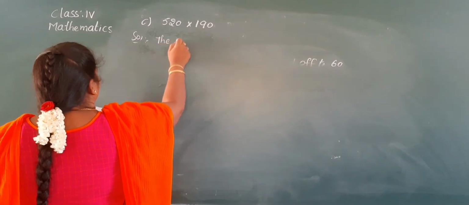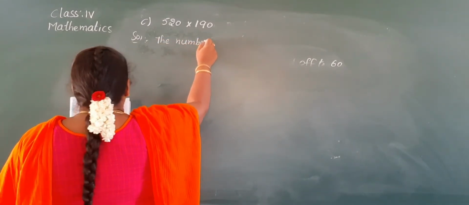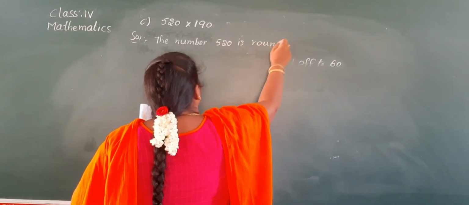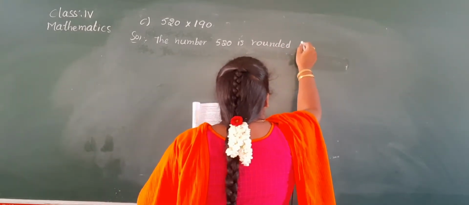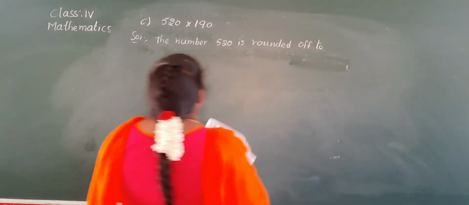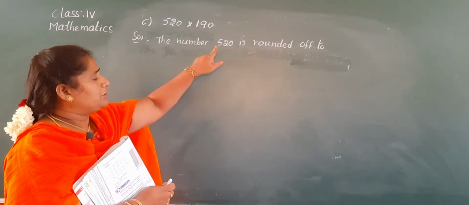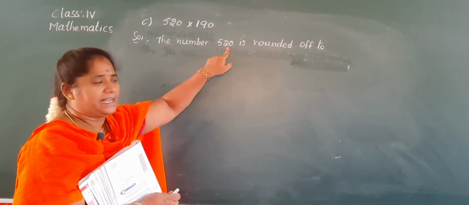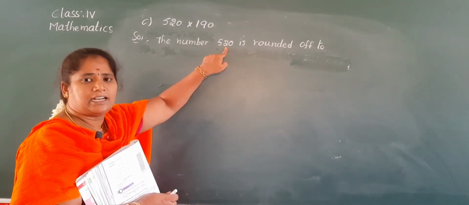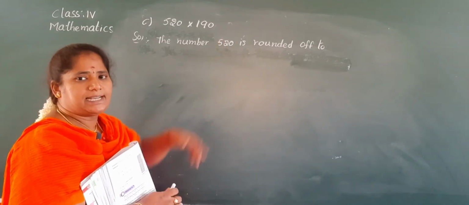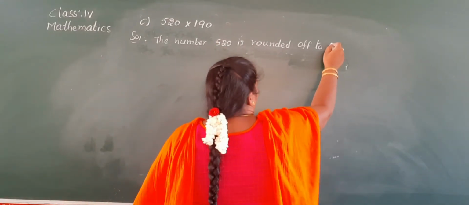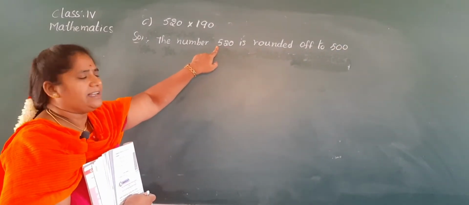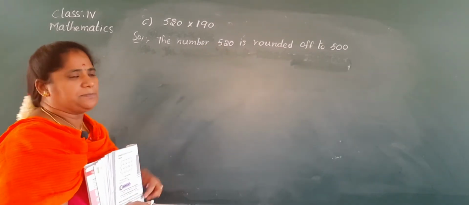So the number 520 is rounded off to... Tell me, Nana, it's a 3-digit number. So you have to round off this number to the nearest 100, so that you see the digit at the tens place. Here 2 is there in the tens place, Nana. 2 is less than 5. So this number is rounded down. That means 500. Okay, ma? Same, the hundreds place does not change, and we will keep zeros in the tens and ones places.